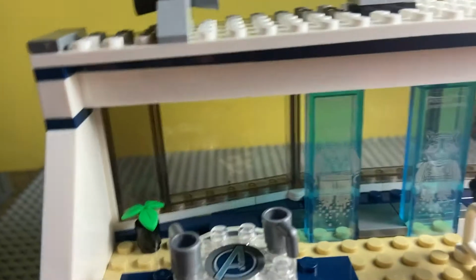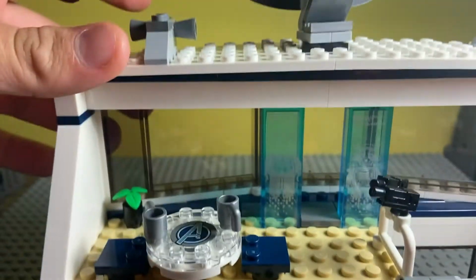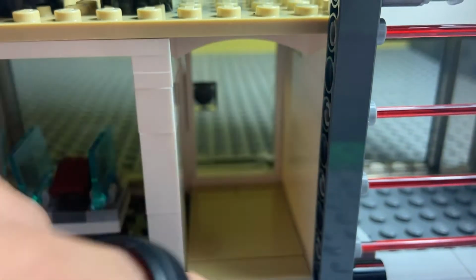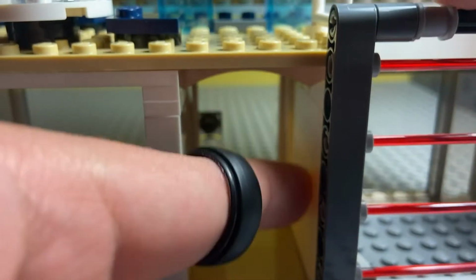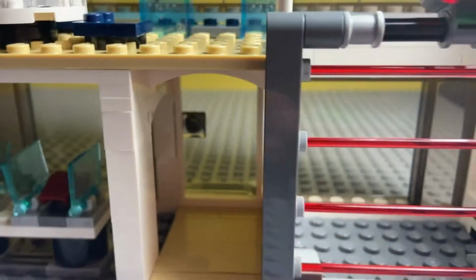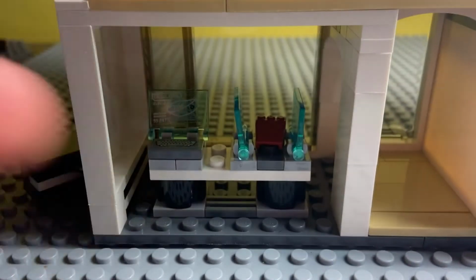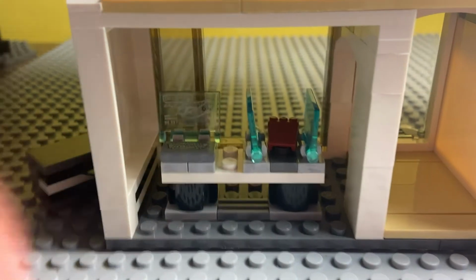Oh yeah, and a bonus thingy is these windows move outwards if you would want them to. Clearly, for aerodynamics, you gotta keep them in place. Now onto the bottom floor. We have this mini hallway with no door leading here, which is kind of silly because there is a door leading this way into the Nano Room, is what I like to call it. Because that's where we got the...